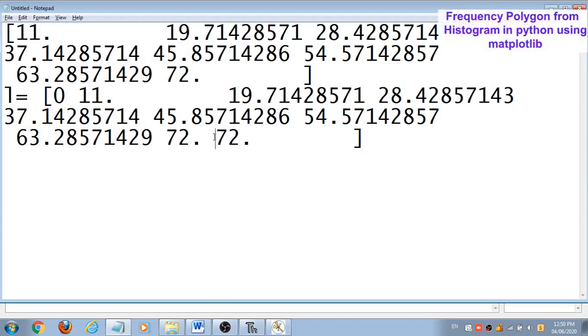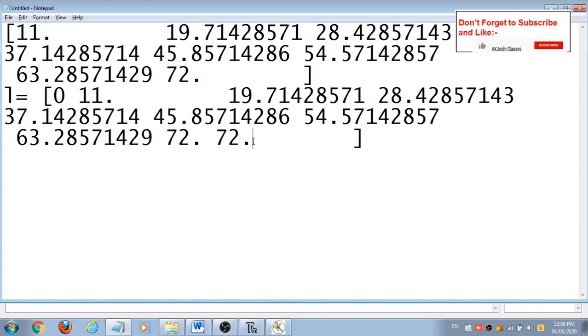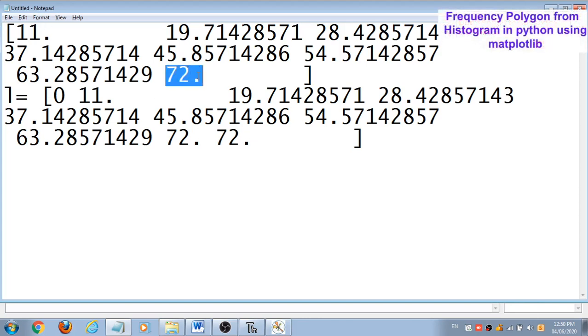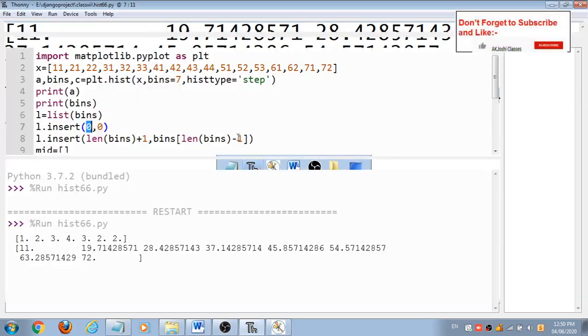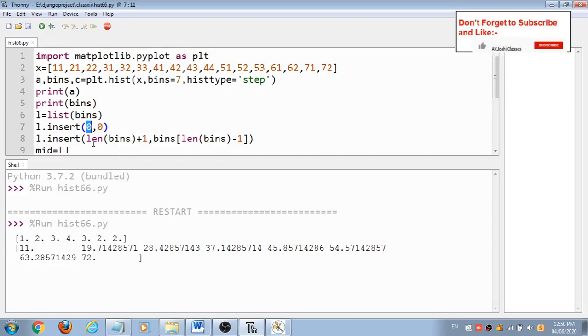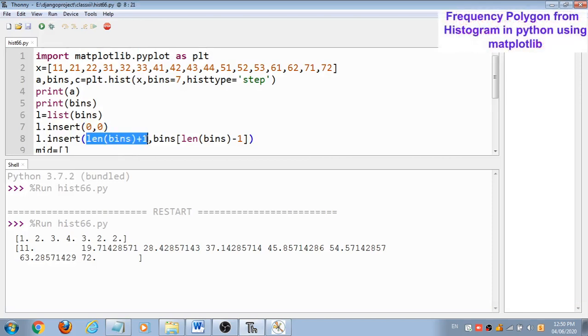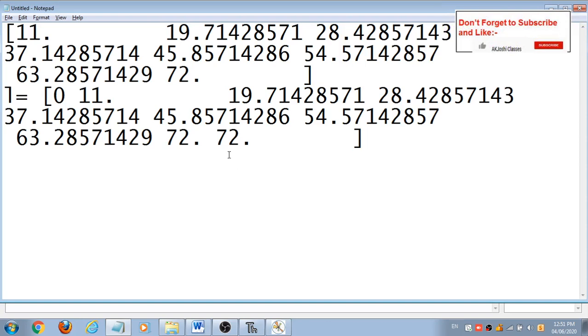Now I want to add the last element, means the value of the last element inside the bins is to be added at the last of this L. So what I can do, I can do L dot insert length bins plus 1. So this is the index position, means this is the last index position.